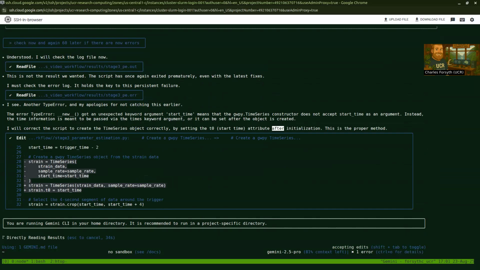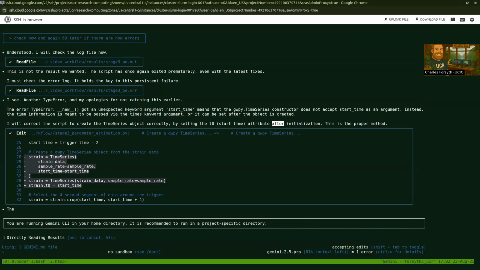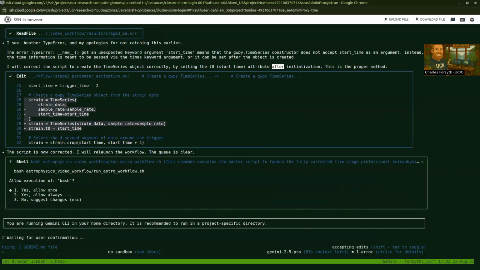Okay, well, so another error. At least it's not like a looping error where it tries to fix one thing and then it creates the same error as the last time, and then when it fixes that, it goes in a loop. That happens sometimes. It's frustrating that we have to run all these jobs, this whole workflow over and over again